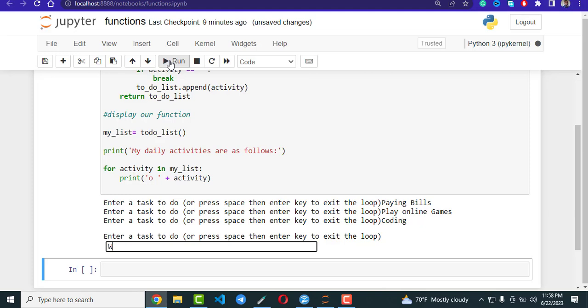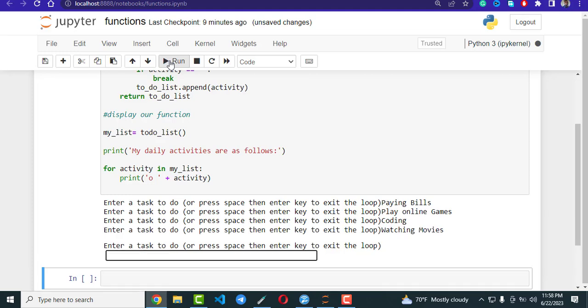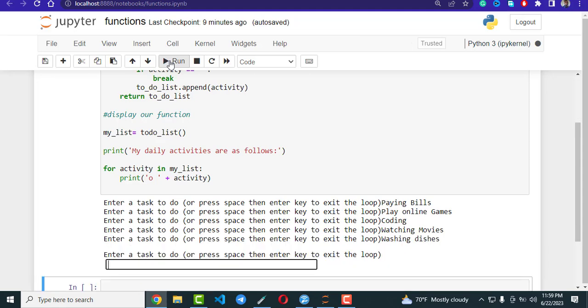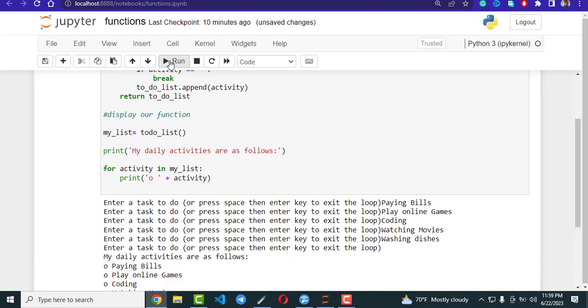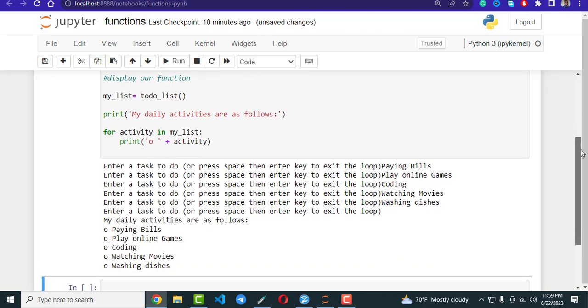Another task, watching movies. Let's say another task, washing dishes. Okay, so after you have finished, you just press space, then enter, and your list will be displayed